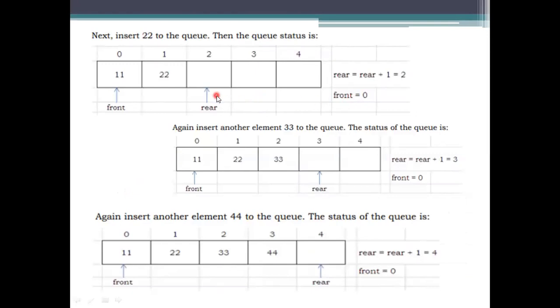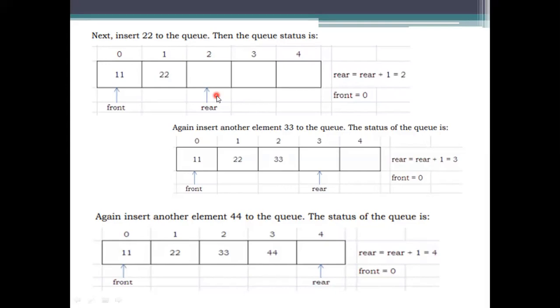That is rear is equal to 1, q of 1, the subscript 1 that you are presenting, will be stored with the value 22 and the updates will be done. Rear is equal to 1 plus 1, that is equal to 2, and front would be the same value 0 because it will point to the first element only which has been inserted, and the rear will be the moving one. And coming to the next ones, 33 and then 44.